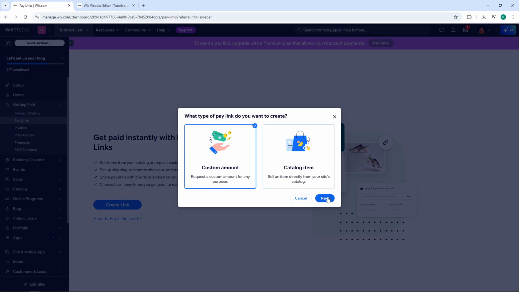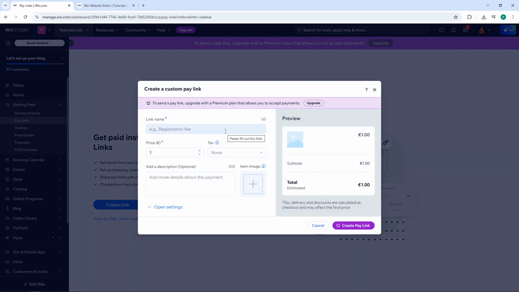Now, a Pay Link customization window will appear. This is where you'll enter all the important details for your Pay Link. Start by entering a name for your link, something that clearly describes what you're selling or what the payment is for. Next, enter the price you want to charge, then add a description to give your customers more context about